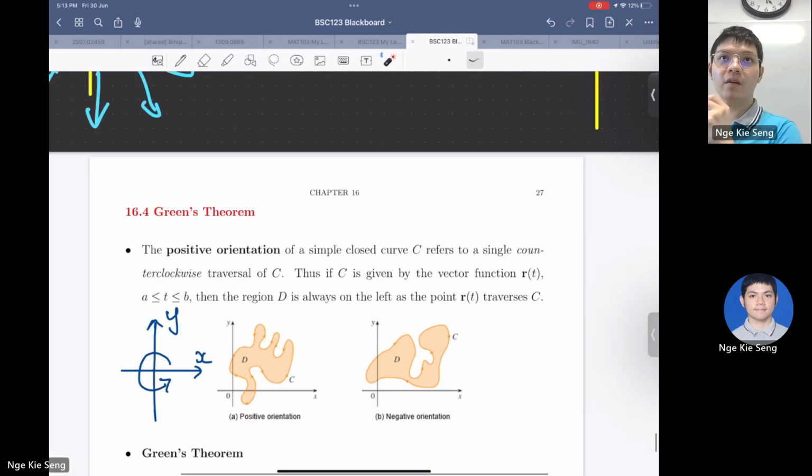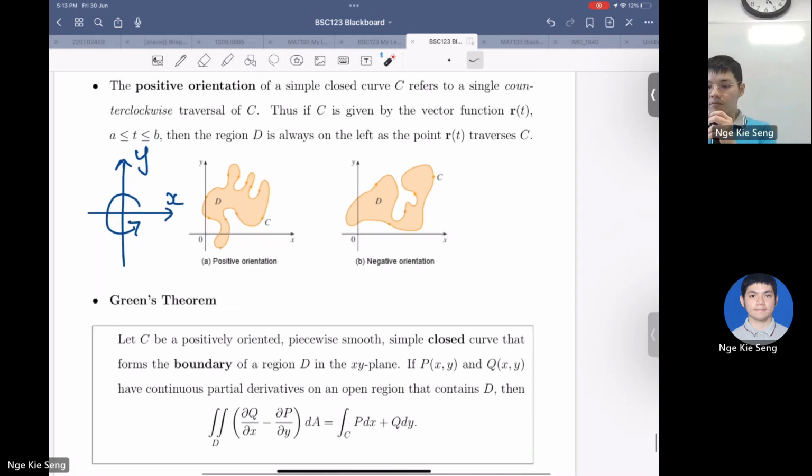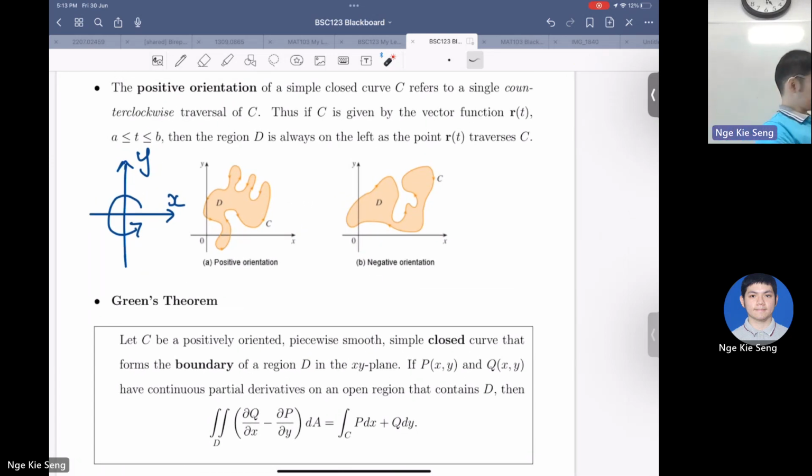Yeah, okay, so this is the orientation. So what's Green's theorem? Let's see. We have a positive oriented piecewise smooth simple closed curve that forms the boundary of a region D. Okay, so it cuts out a region D in the XY plane. Then, if